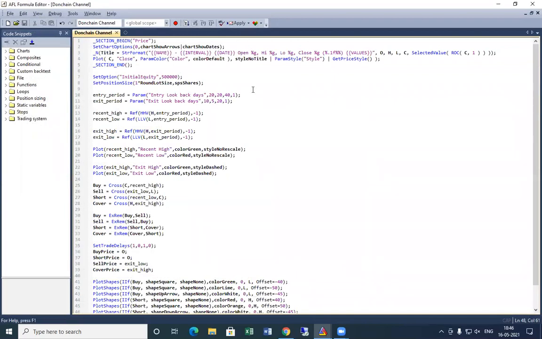Okay, we have two parameters to optimize in this strategy. One is the higher period Donchian channel, and second is the lower period Donchian channel. So we can optimize these two figures. To do so, we have to define a range for both the channels. Here I defined a range from 20 to 40, and for the lower channel, I defined a range from 5 to 20. And to optimize this, I will replace the param function with optimize.